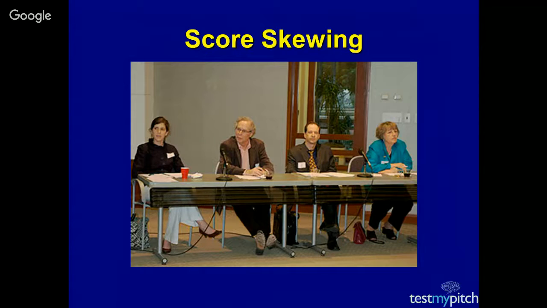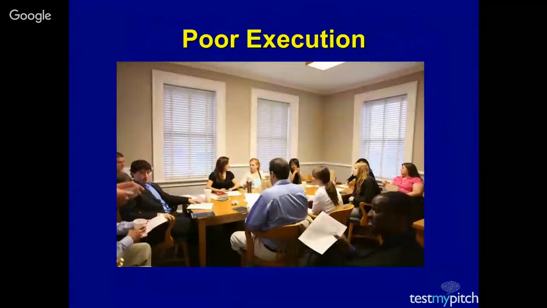In fact, we just did a blog post on this, which I'll be glad to forward out to folks as follow-up. But when you don't have reliable judging, it can really negatively influence what happens. So poor execution, and this is actually intended to be an image of a judges' meeting where we see maybe some poor execution, but where maybe things have devolved down into a bunch of small conversations and people negotiating their points of view and so on.